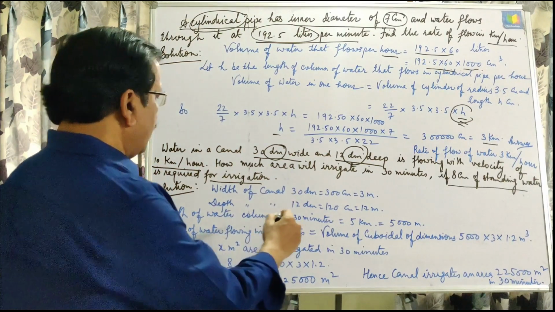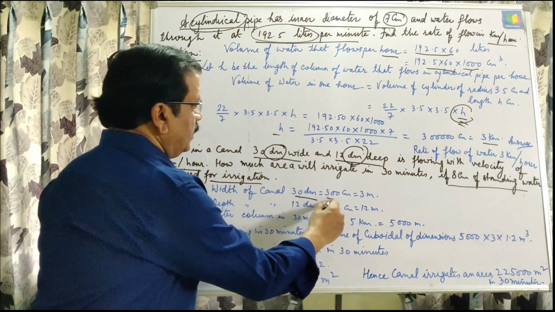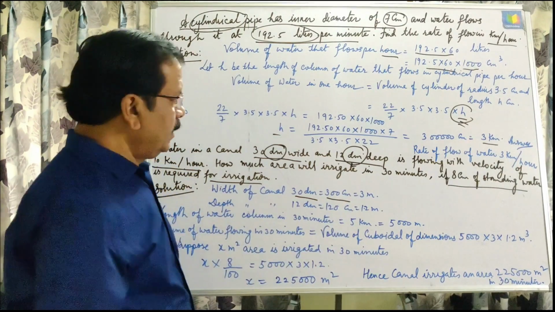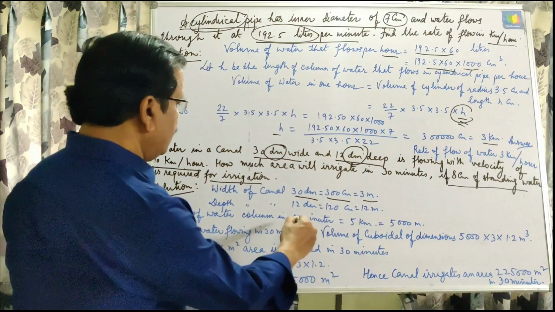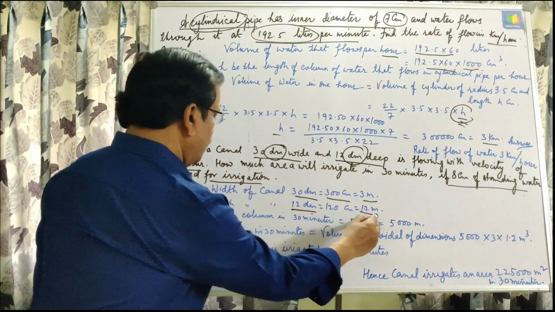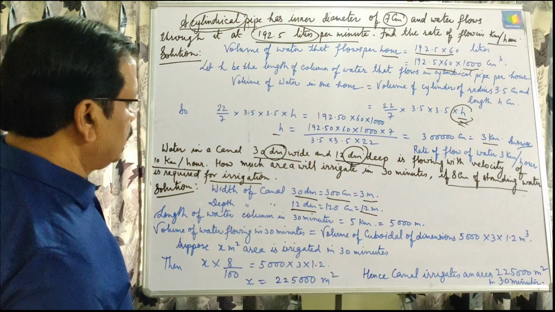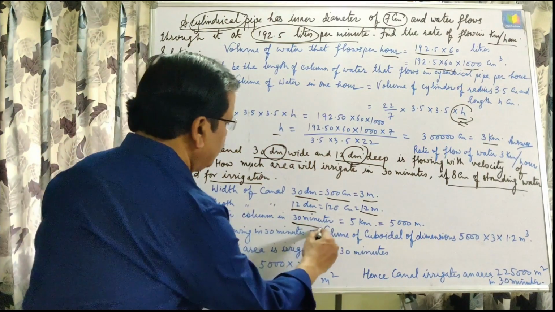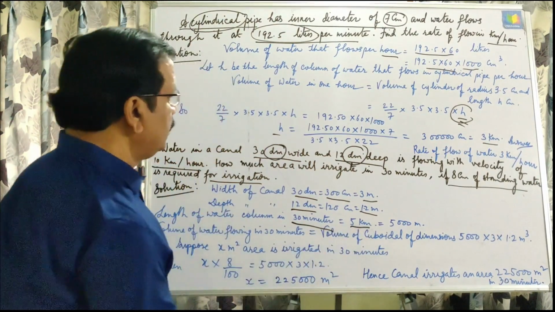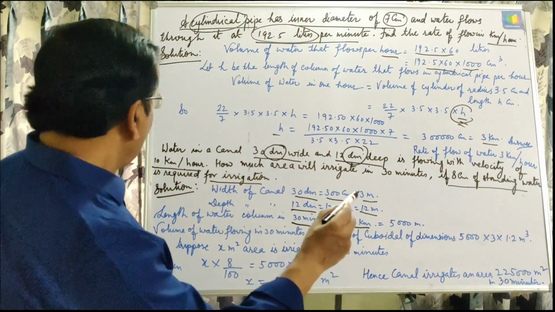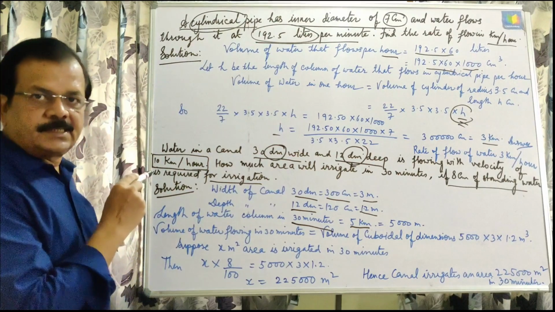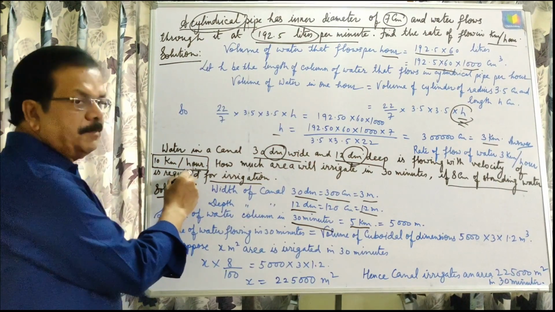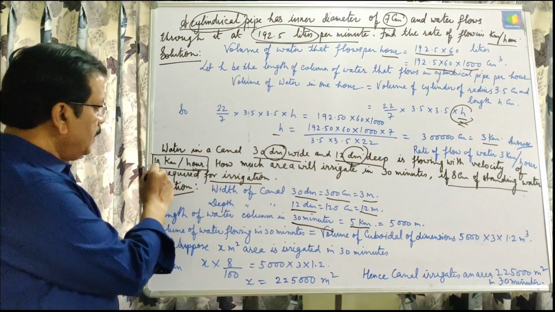Changing decimeter into meter, 30 decimeter is 3 meter and 12 decimeter is 1.2 meter. The velocity is 10 kilometer per hour, so in 30 minutes the length of water in the canal will be half, that is 5 kilometer,